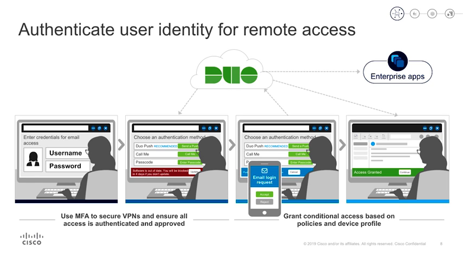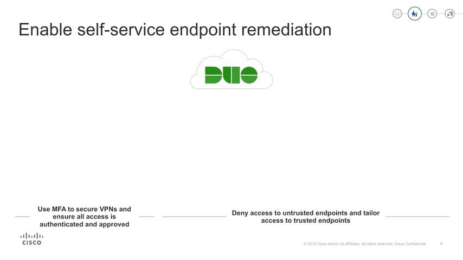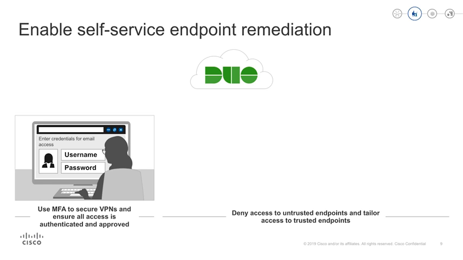Now let's see how Duo supports self-remediation. Enabling self-service endpoint remediation is important to protect the network from unhealthy endpoints. This functionality not only enables users to play a role in addressing potential security concerns before being granted access, it also helps organizations reduce help desk tickets and IT overhead. Similar to the previous use case,